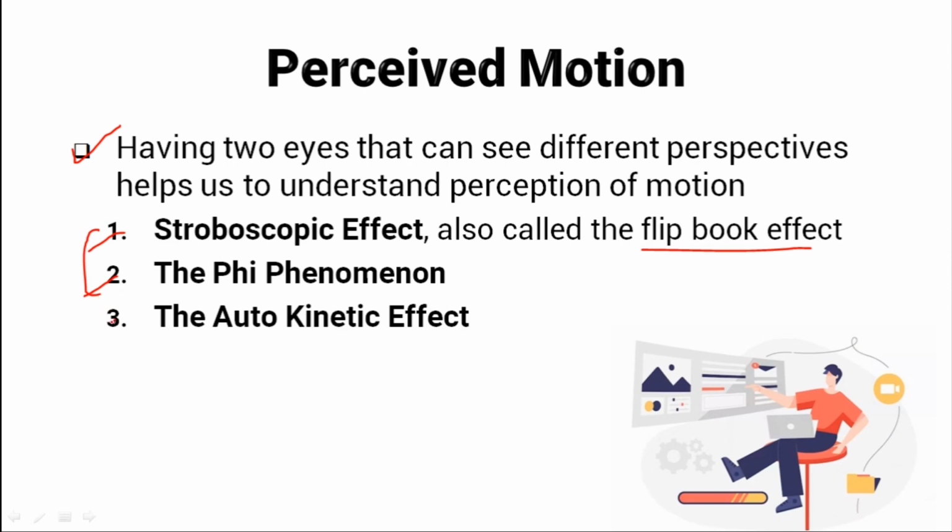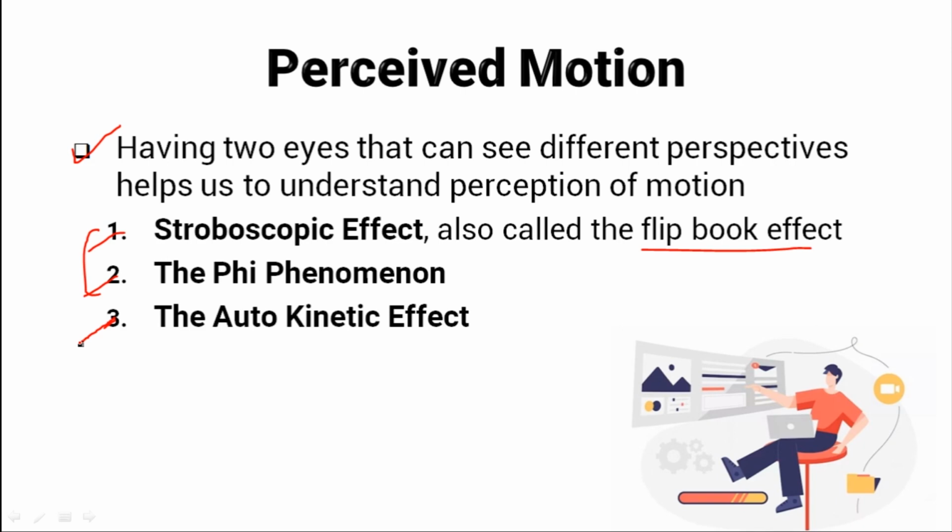Now there is another interesting way we can perceive motion, through a special effect called the autokinetic effect. Imagine being in a dark room and looking at a tiny bright light. After some time, you might start to see the light moving, even though it's actually not. This happens because our two eyes work together to create the illusion of motion. It's like the light is moving all by itself, even though it's not really going anywhere.